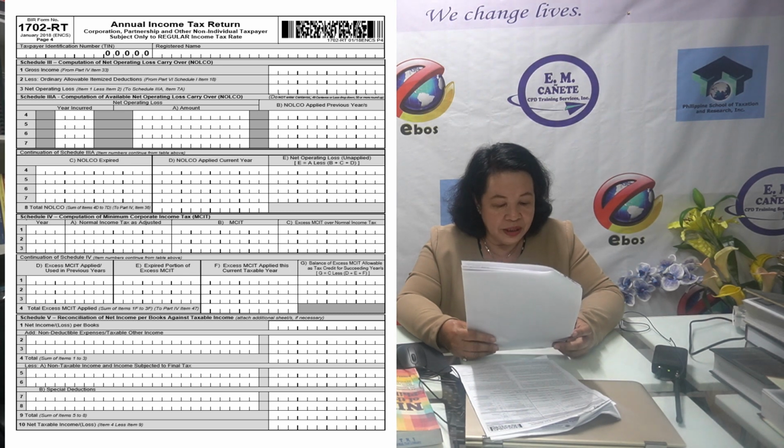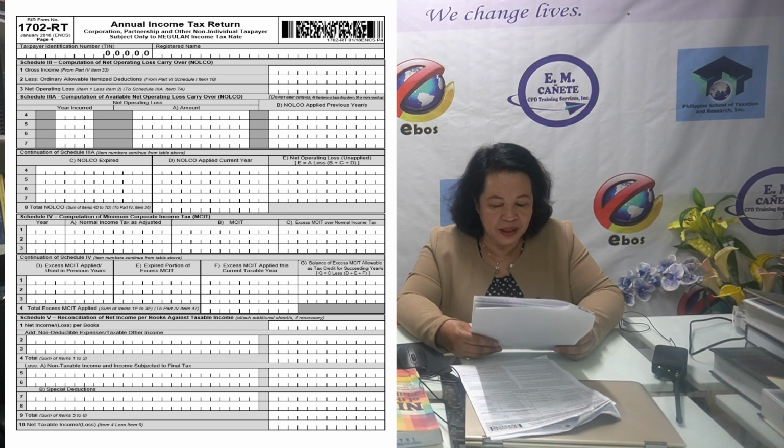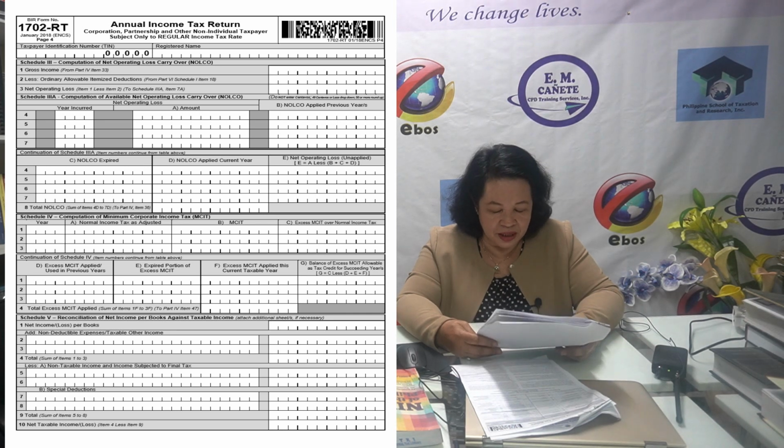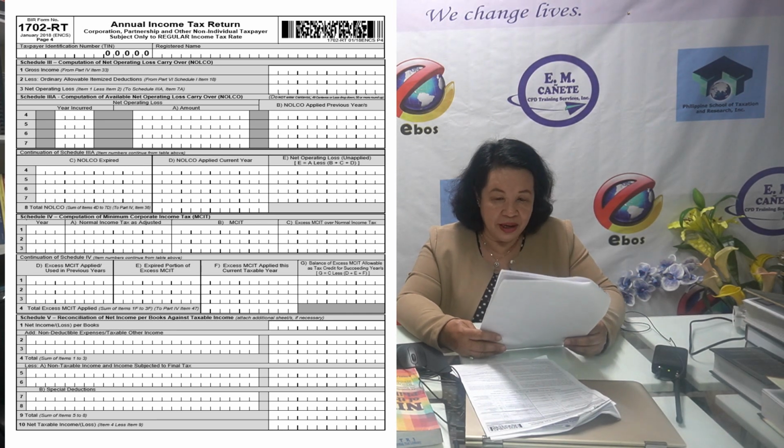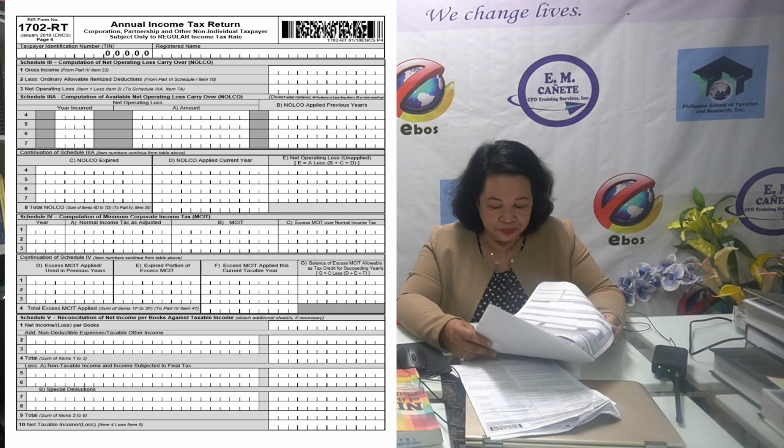So for net income or loss per books, you have to add the non-deductible expenses or taxable other income, the total, and then deduct the non-taxable income and income subjected to final tax, because they will not be subjected to the normal income tax or the regular income tax rate, and then the special deductions if there are any. Okay, so